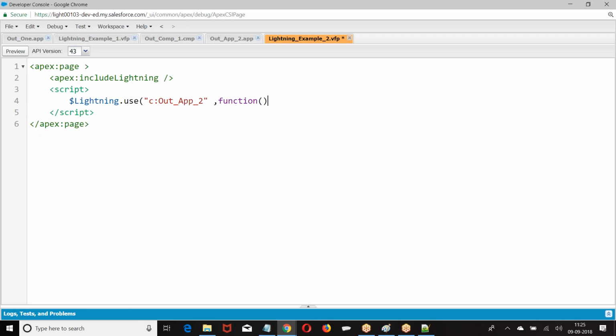We have the function. Create component. Any parameters you have? No parameters. Third one.